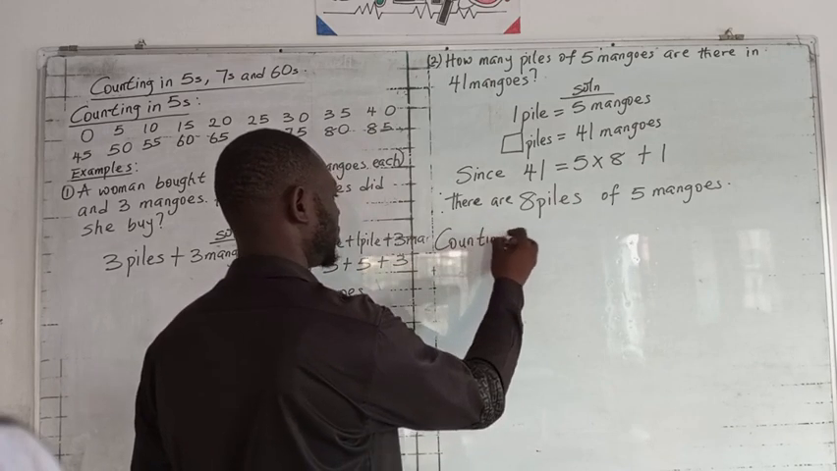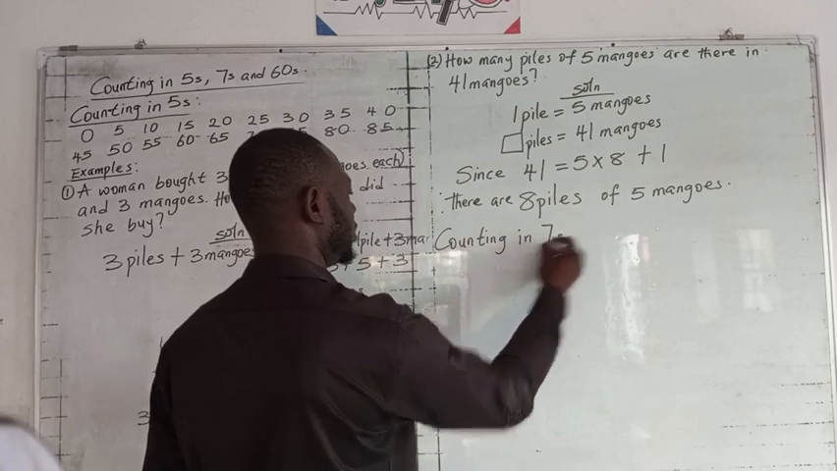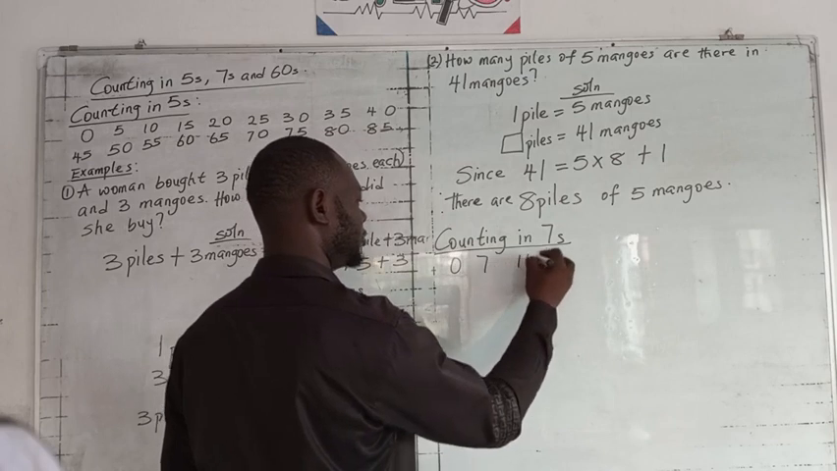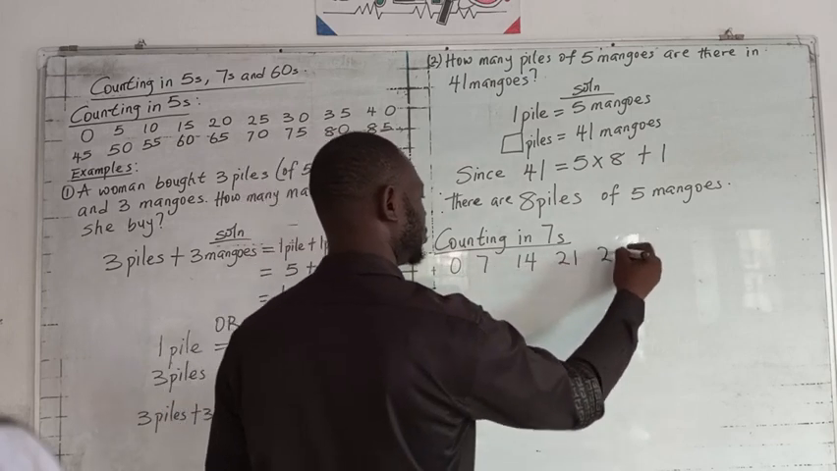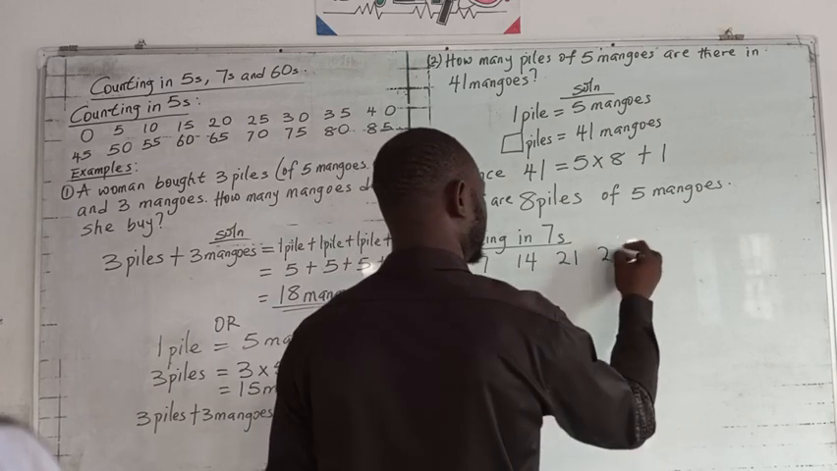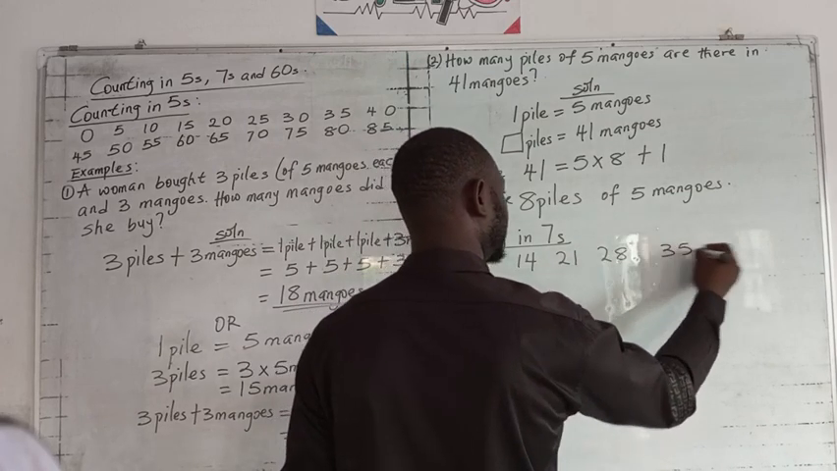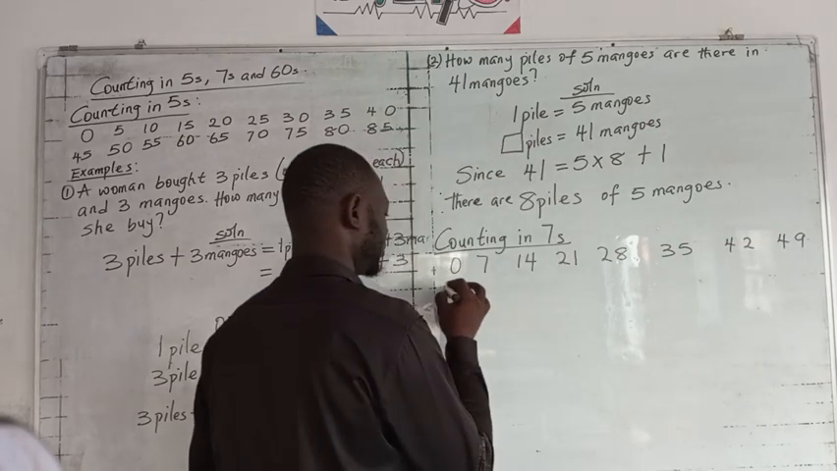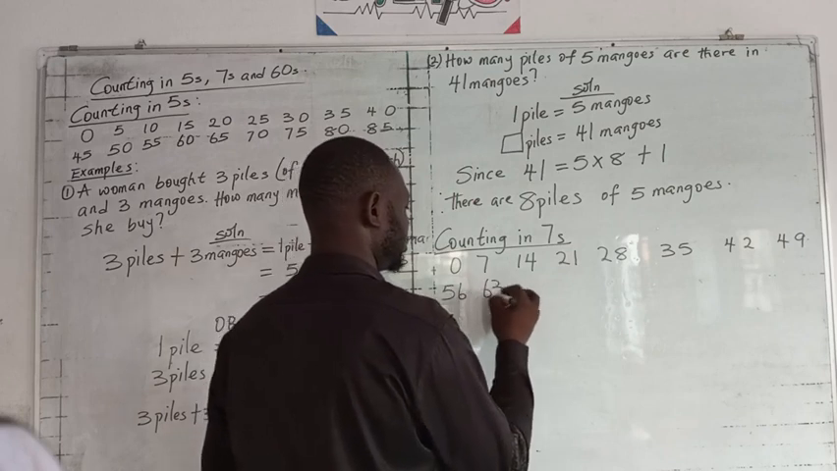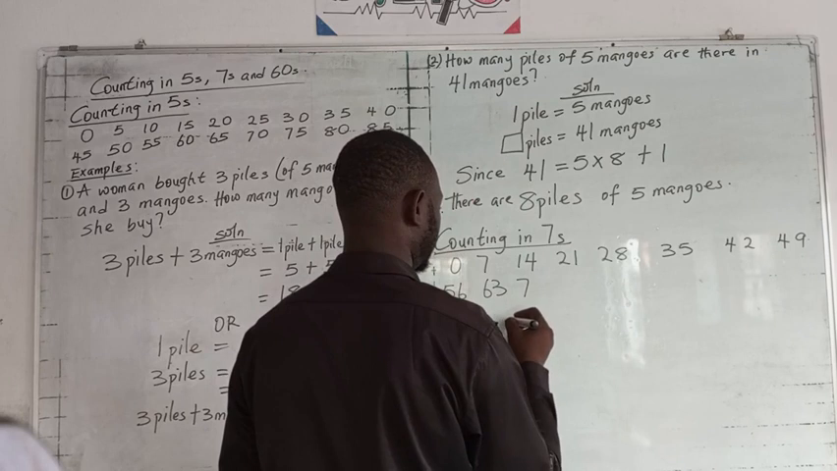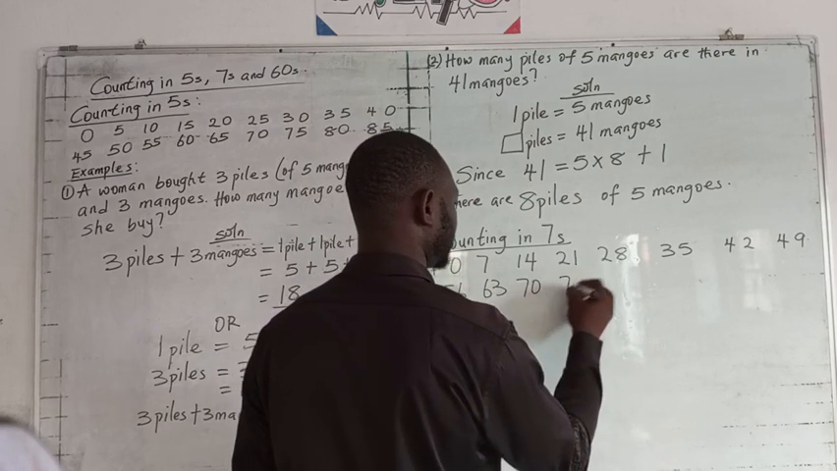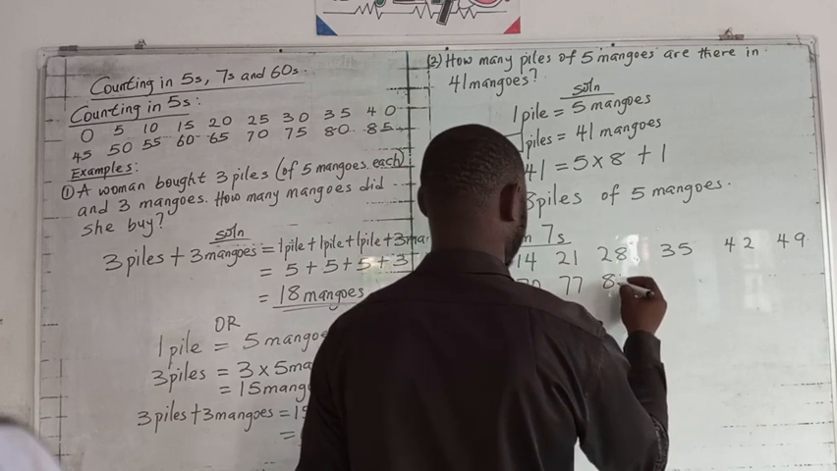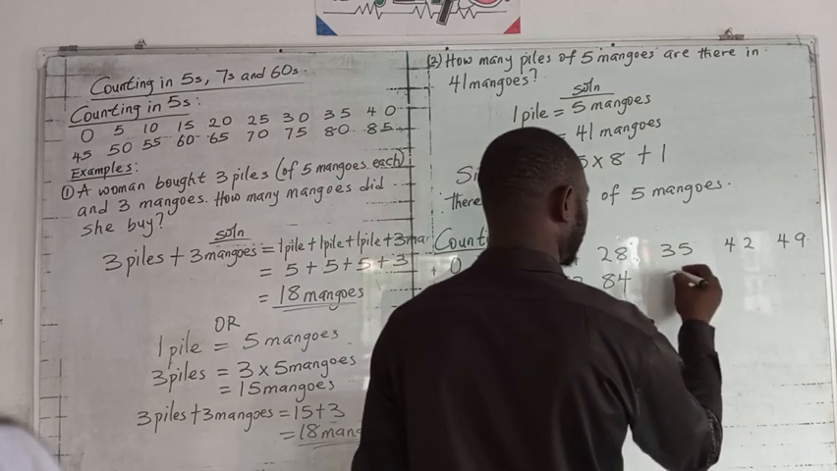Counting in 7s. Okay, let's go from 0: 0, 7, 14, 21, 28, 35, 42, 49, 56, 63, 70, 77, 84,